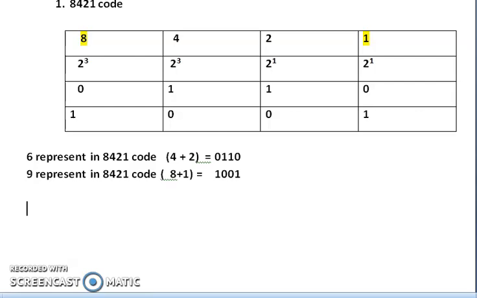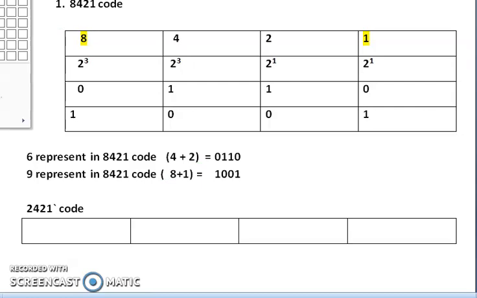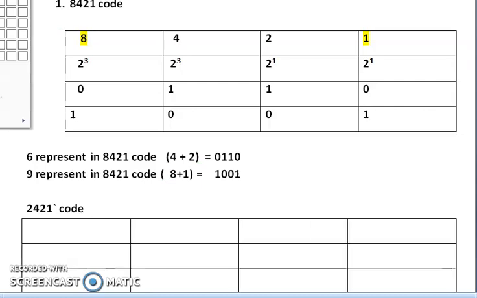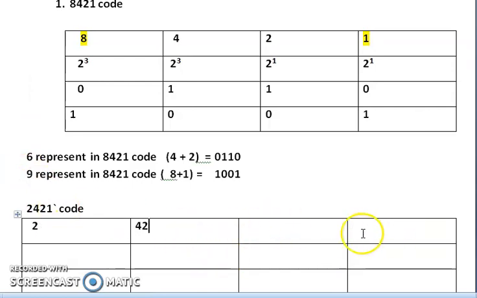Similarly, the 2421 code. The 2421 code means you can take the same example. The positions are 2, 4, 2, 1.